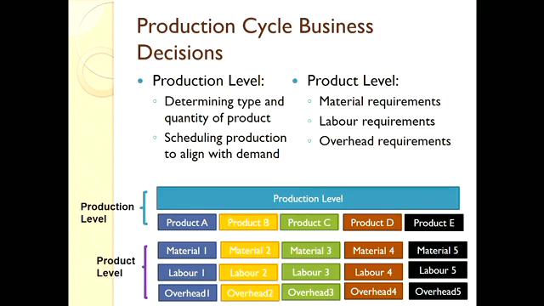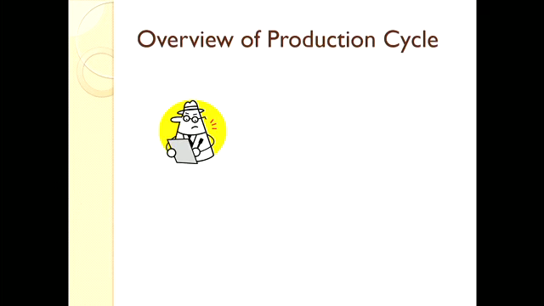And the next level decision is more at the product level, right? Once the company figures out what type of product they need to make and the quantity for each of them, they also need to think about what type of materials we need, and from whom we should purchase those materials, right? And similarly, how much total labor we need in order to make that quantity of goods, right? So these are all the decisions managers need to make in order to achieve the objective we just mentioned,